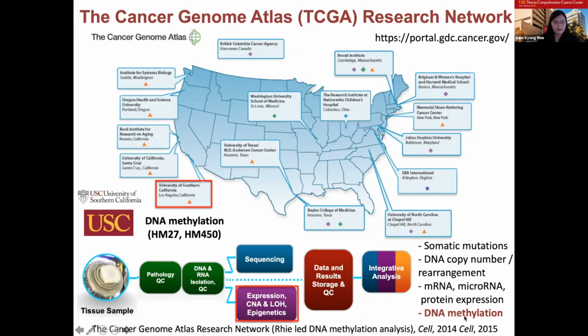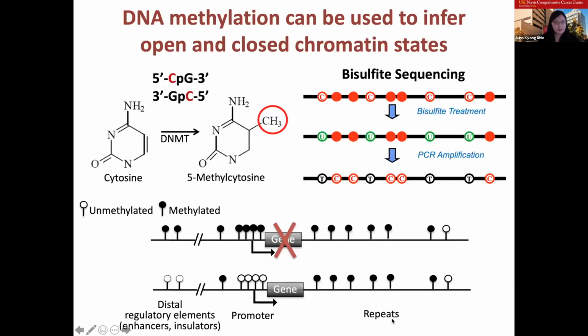However, profiling DNA methylation is relatively easy because it can be done using just the DNA, even from FFPE samples. What is DNA methylation? DNA methylation usually occurs at endogenous CpG sites, where cytosine can be methylated. CpG DNA methylation levels can be inferred using bisulfite sequencing, which converts an unmethylated C to U, but if it's methylated, it's not converted, so we are able to distinguish the DNA